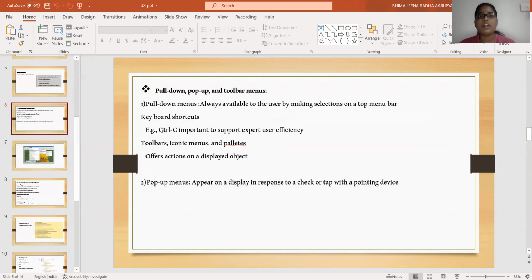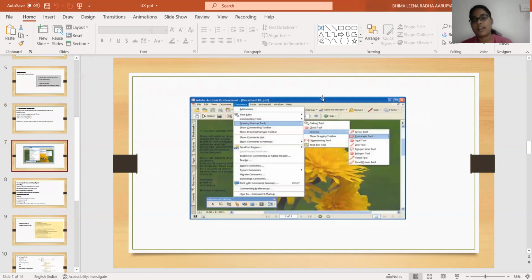For example, a pull down menu shortcut is Control C, important to support expert user efficiency. Toolbar, icon menus, and palettes offer actions on your displayed object. This is the example of a pull down, pop-up menu in the toolbar.